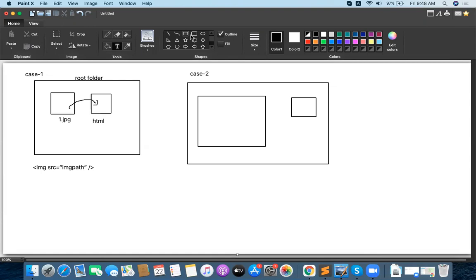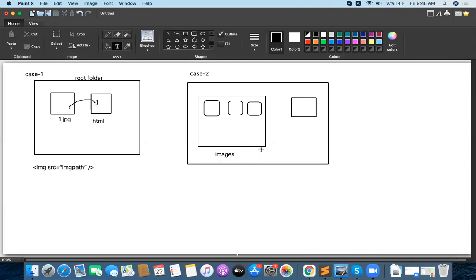For example, I'll have a lot of images here: 1.jpg, 2.jpg, 3.jpg, etc. I'll have a lot of images available in this images folder.